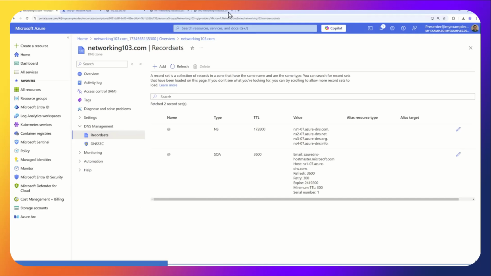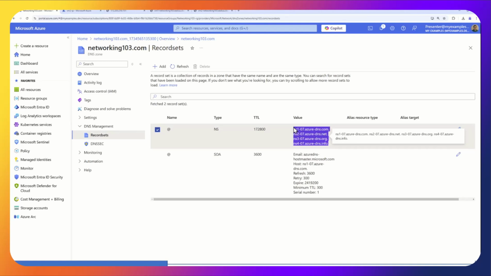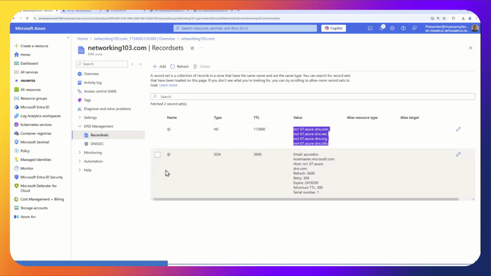I would then enter these name servers at GoDaddy, and then it would know to come here to use this DNS. Now, this is not required because you can use their DNS. But if I want to use Azure DNS, I would just go to the registry and enter these after purchasing the domain name. I did not purchase this. I should have checked to see if it existed, but I didn't purchase this. But I'm going to show you how you can still test it.